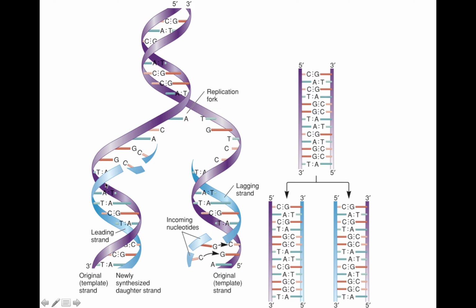Remember that the two strands of DNA are anti-parallel to each other, so this end of the new strand is the 5' end here, and here's the 3' end. So if this is the 5' end of our new strand, all the way up here is our 3' end. DNA replication always proceeds in a 5' to 3' direction, so new nucleotides get added to the growing 3' end